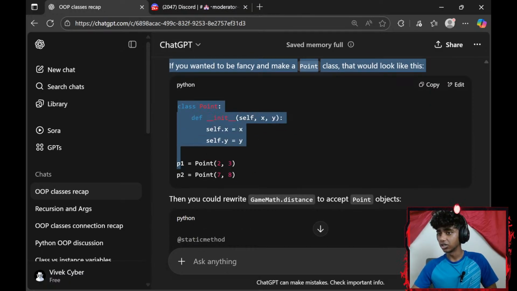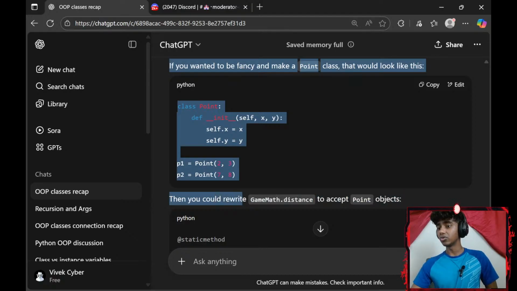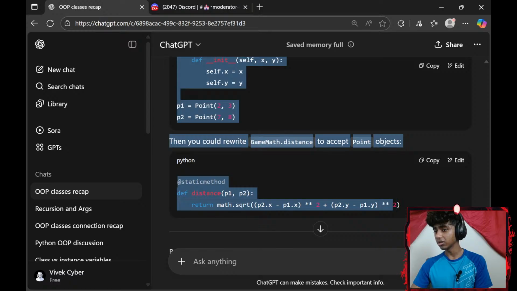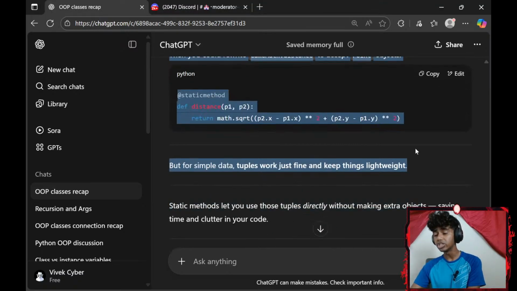This is our constructor. Point1 equals our Point class, and p2 equals Point class. Then you could rewrite game math.distance to accept point objects. Add a static method, define distance with position 1 and position 2, and return math square root of this entire thing: position 2.x minus position 1.x to the power of 2 plus position 2.y minus position 1.y to